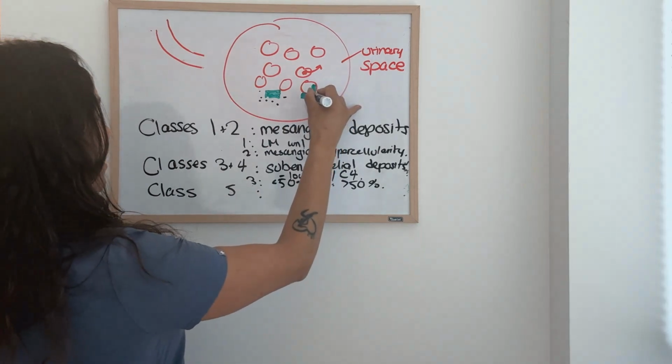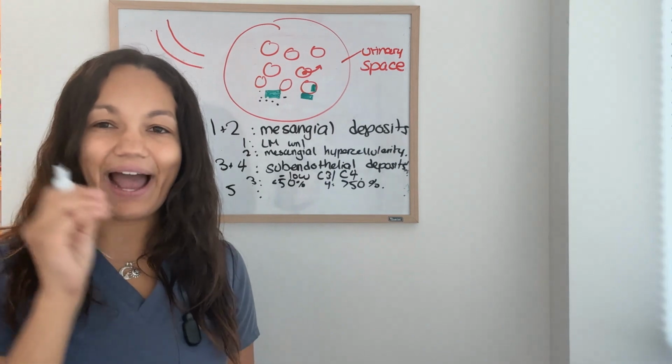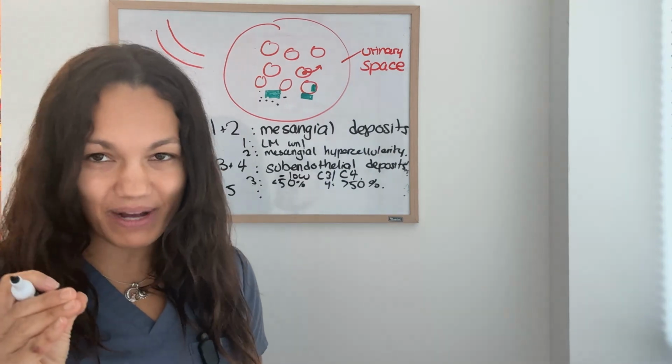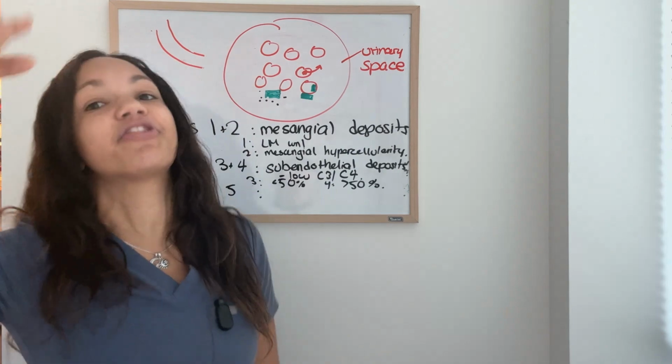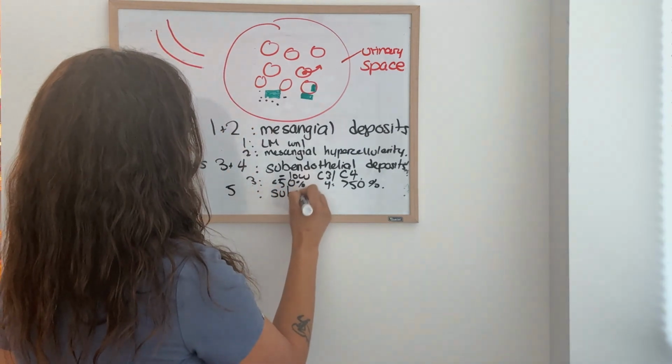Here, the deposits are right on the outside of the capillary. What's that area called where it's right outside? Instead of subendothelial deposits right on the inside, it's now subepithelial deposits right on the outside of the capillary loop. So, subepithelial